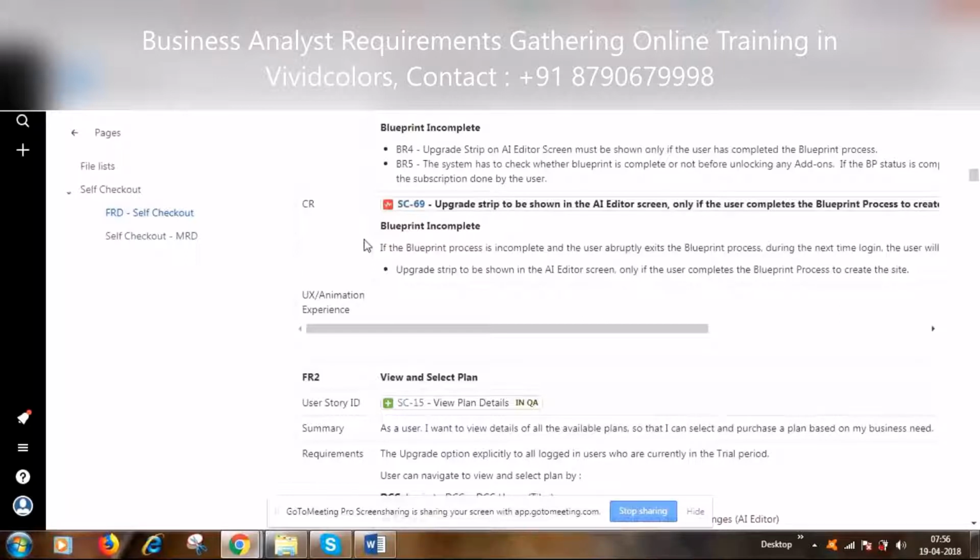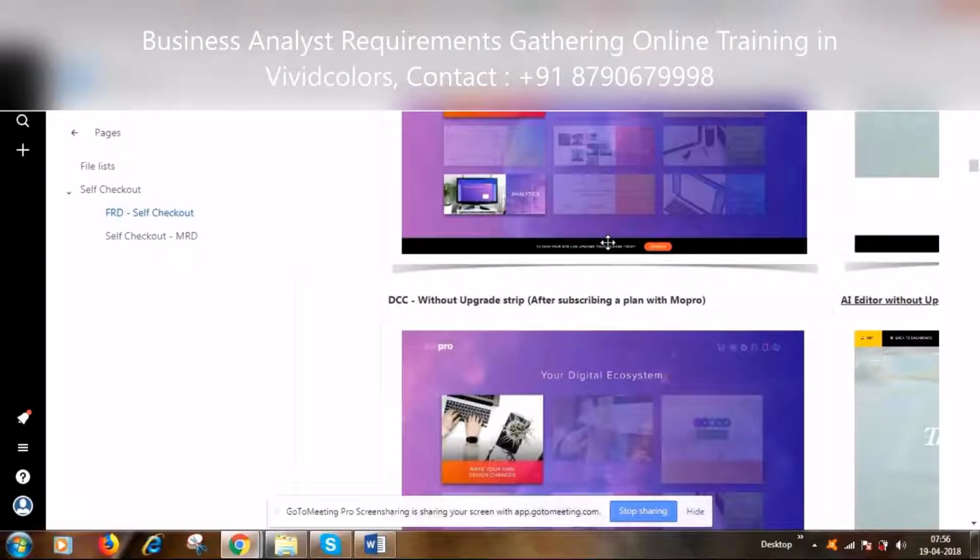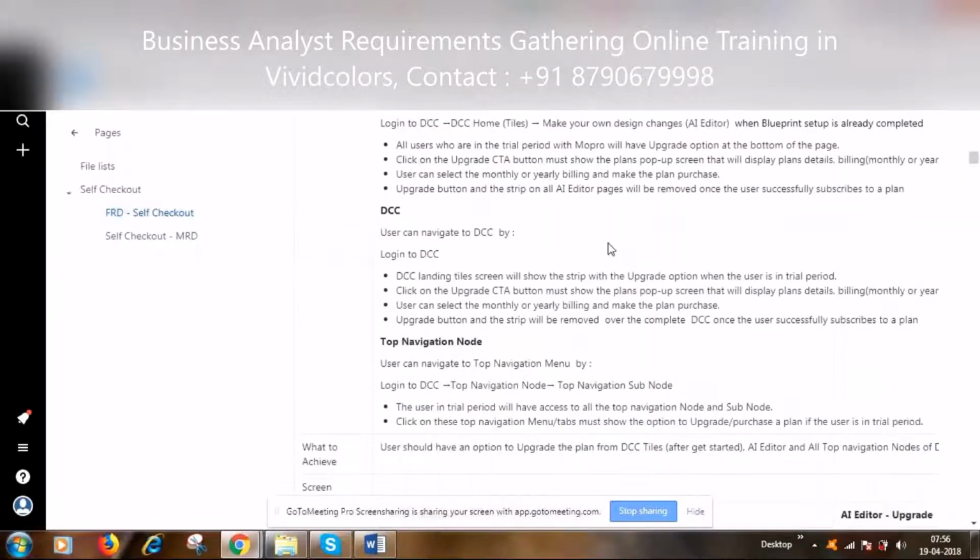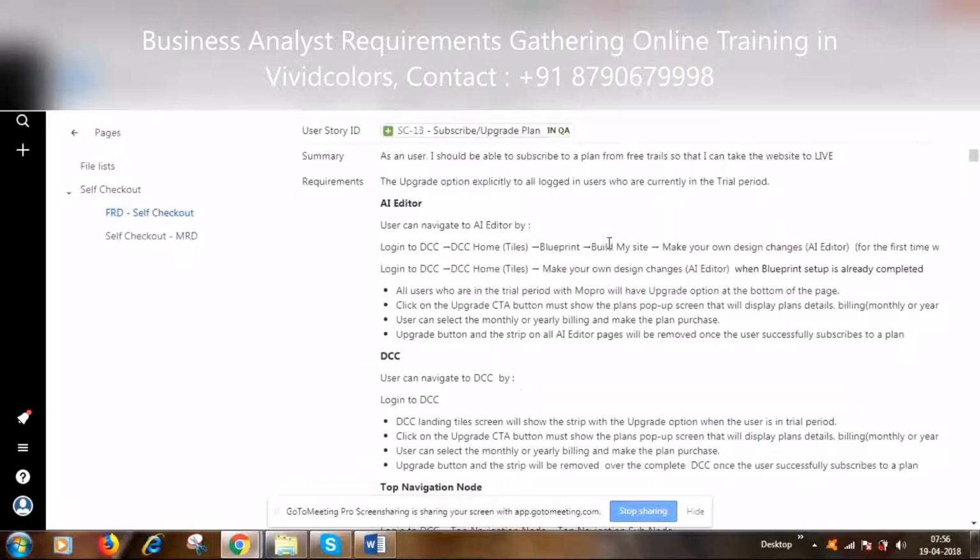Okay, I have recorded the requirement, but how are we going to track these requirements? There are various ways to track. Basically, we are using the Jira tool. In the Jira tool, you create a task as a user story. That particular user story, you paste it over here. So against each and every requirement, you have a user story.